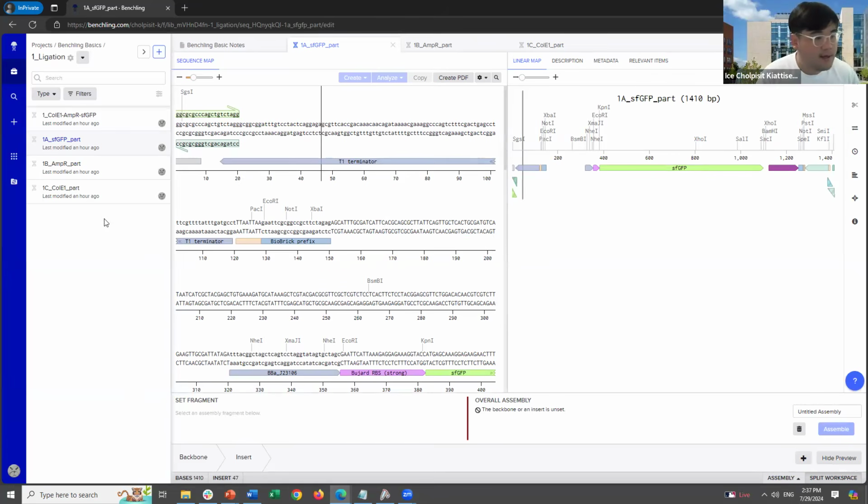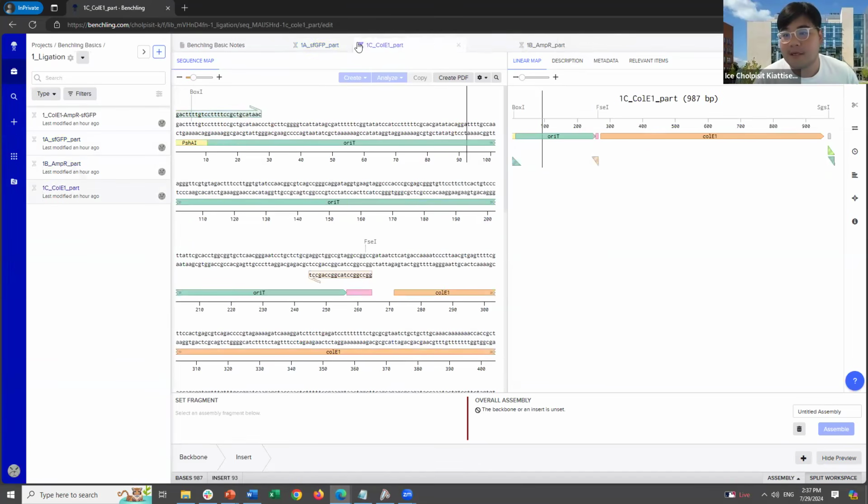When I start with that, it actually showed me these choices of what should be the backbone, what should be the insert. Technically, it doesn't matter too much if you have all of these be an insert. But let's do this by using the original replication as a backbone, because that's likely one of the most important things when you're trying to clone something. If they cannot replicate, then your plasmid usually cannot stay inside the cell. So for this one,